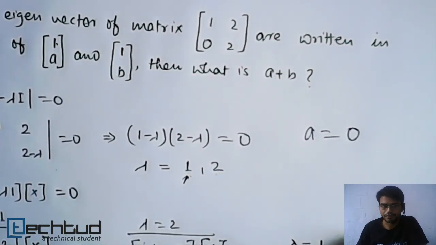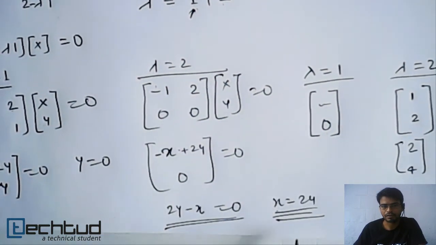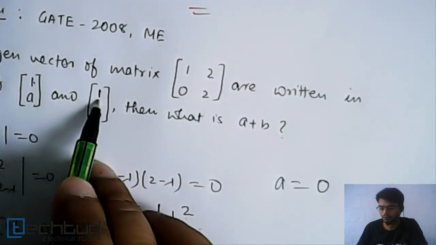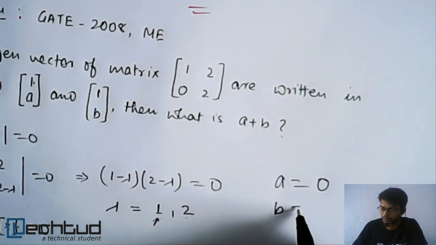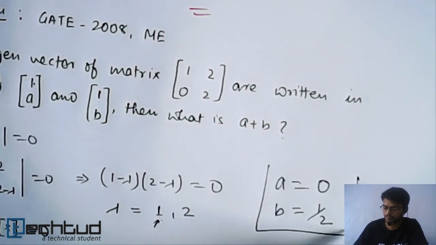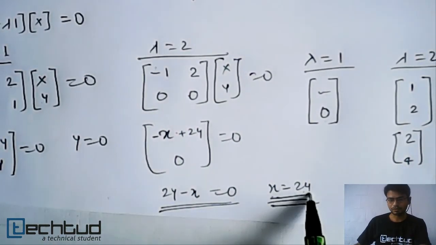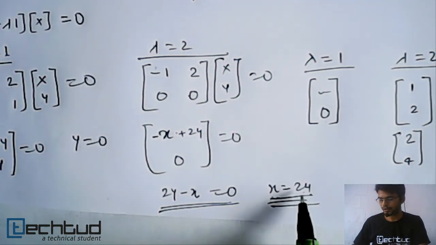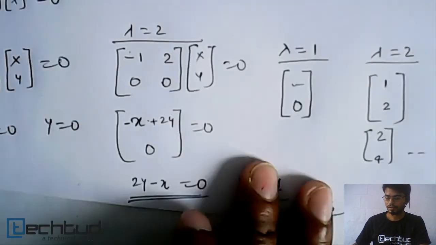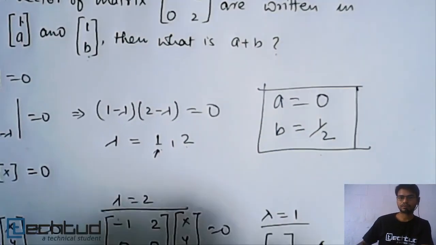Now we have the second one, 1 b. We have the condition that x is equal to 2y, and here we have given the value of 1. So b equals what? 1 by 2. This is the possible solution. As it is clear, x is equal to 2y, which means y equals x by 2. Now here x is given, so y, that is b, equals 1 by 2. So 1 by 2, this is the answer.